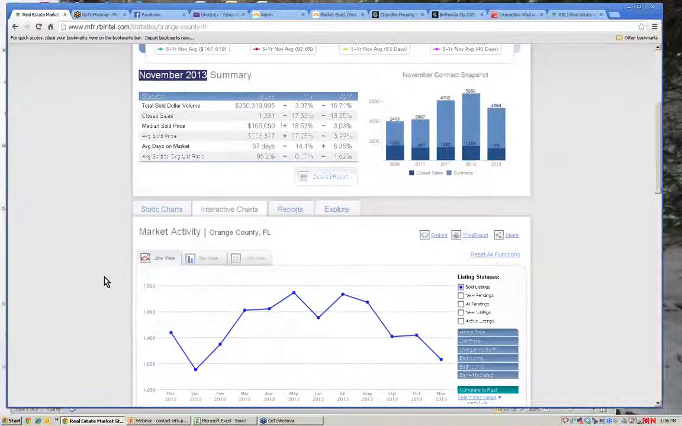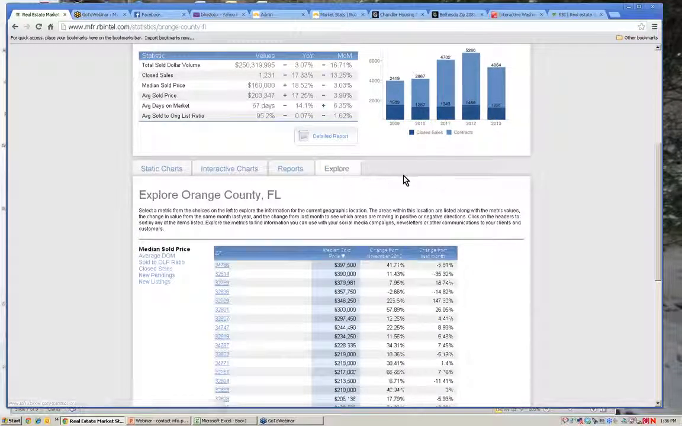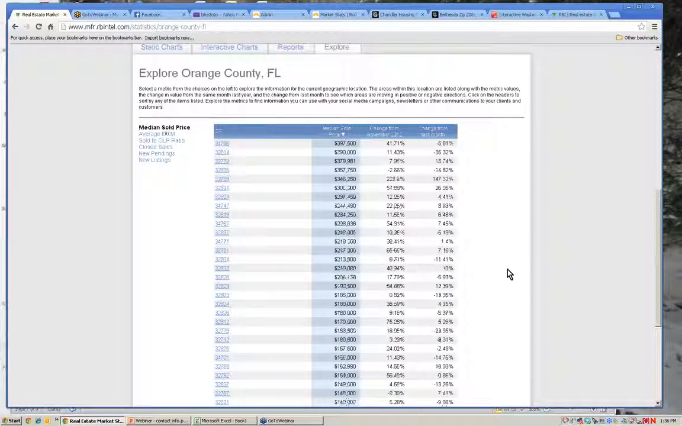I'm going to move down a little bit further to give you a little bit more look as to what's going on. A new tab that we just added along with the market gauges back in October was this Explore tab. So I'm going to start here first and then work my way over to some of the other tabs. Within Orange County, these are all the different zip codes that are available for statistics. And right now I'm looking at the median sold price metric, but there's 5 others here that I can look